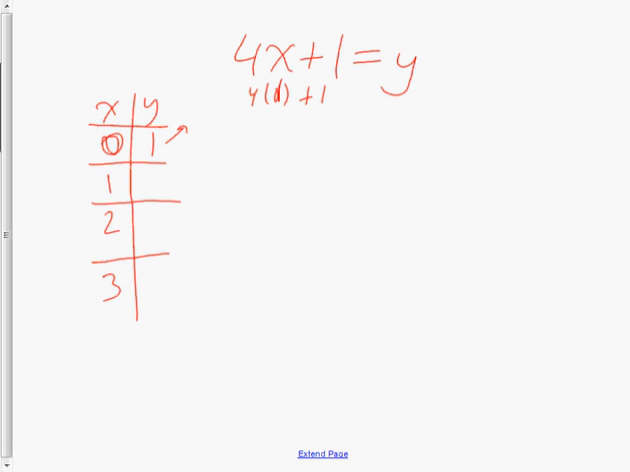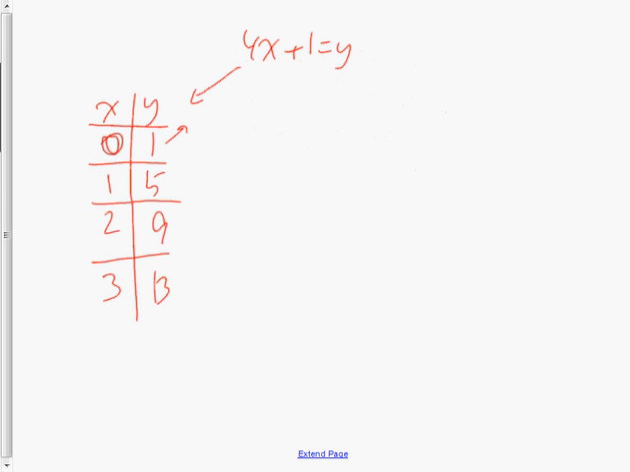When x is 1, y will be 5. When x is 2, 4 times 2 is 8. 8 plus 1 is 9. And when x is 3, I better just write it again, that would be 12 plus 1. Your y value would be 13 here. Okay? So once I've written my equation, I can substitute those values, and now I have 4x plus 1 equals y. I have my table of values, and the last thing I have to be able to make is my graph,